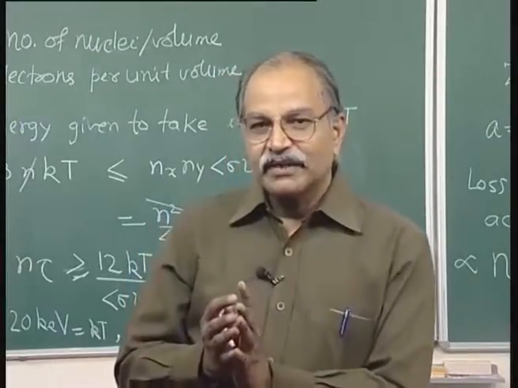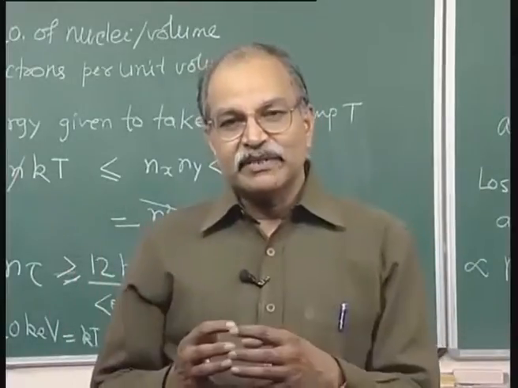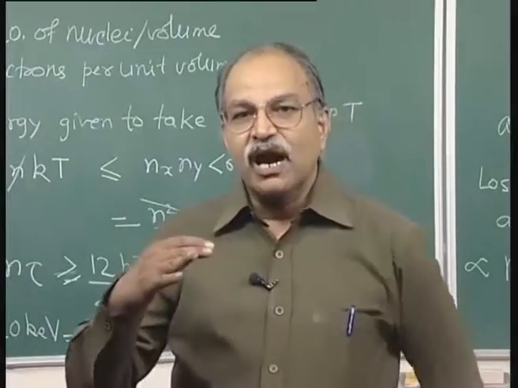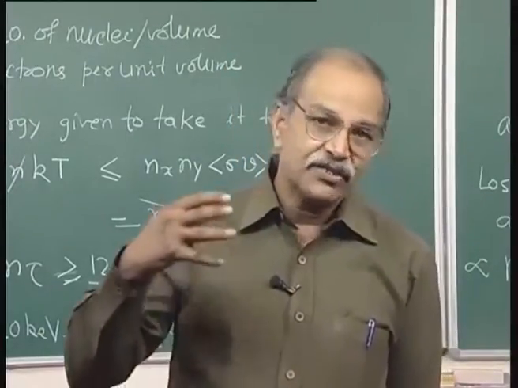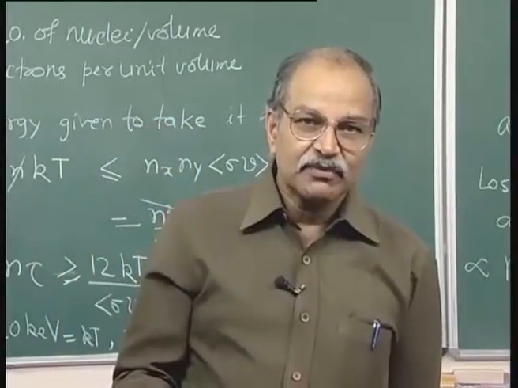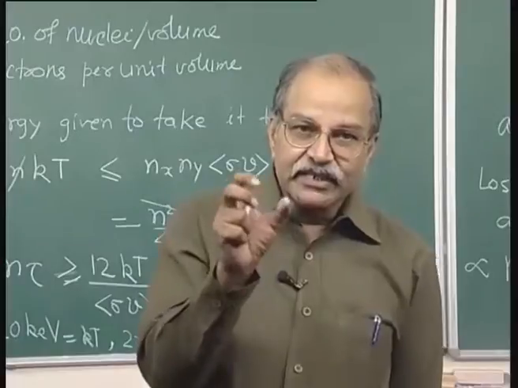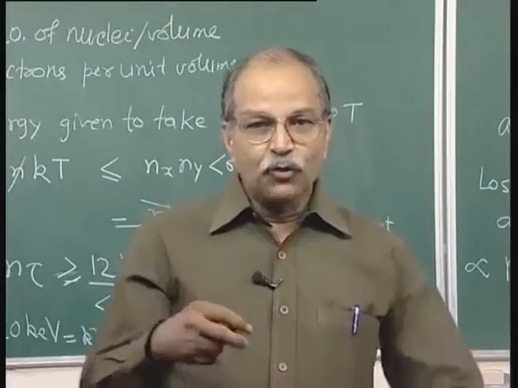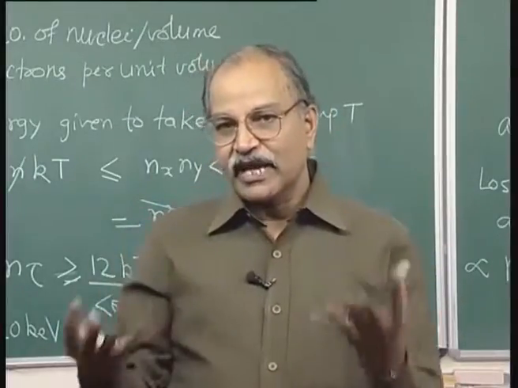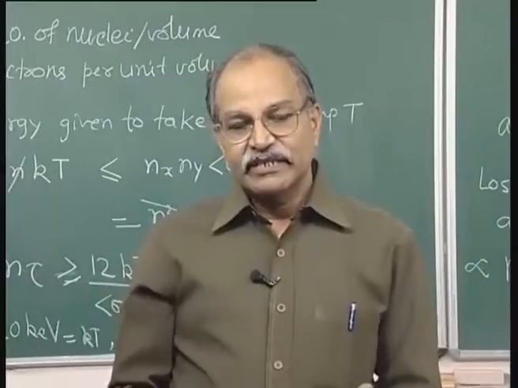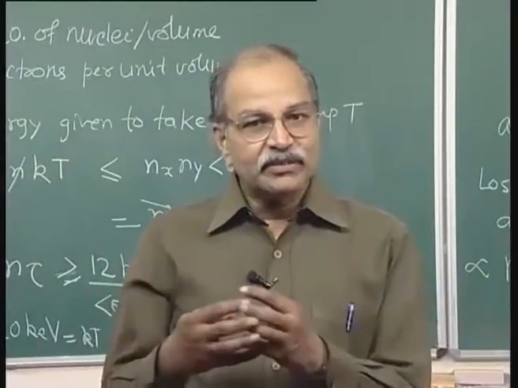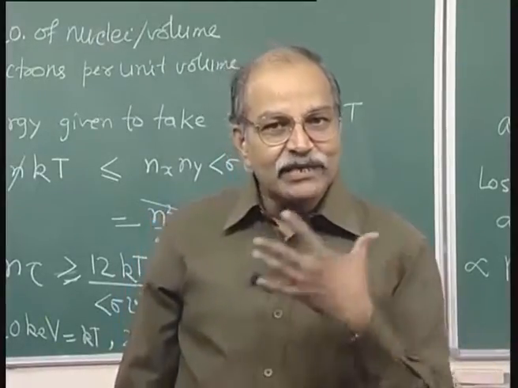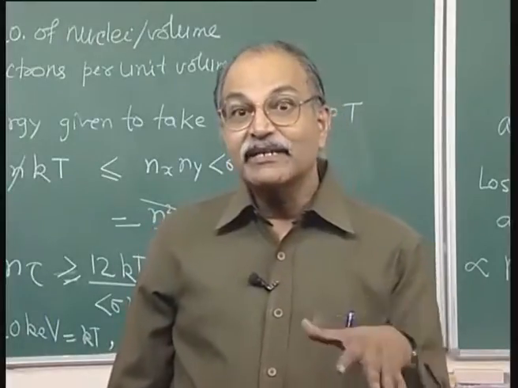The main problem is confinement. This high temperature plasma, 10 to the power 8 Kelvin or so, has to be confined in a small volume to get this large concentration N, and no material boundary can be used to confine that gas, because no material boundary will sustain this. So, it has to be done in some other way, and the most widely pursued route is magnetic confinement.